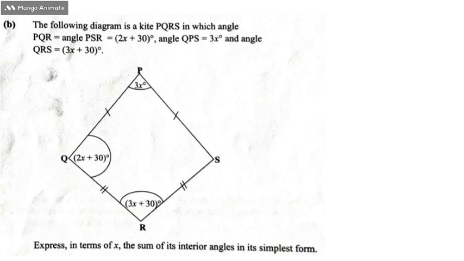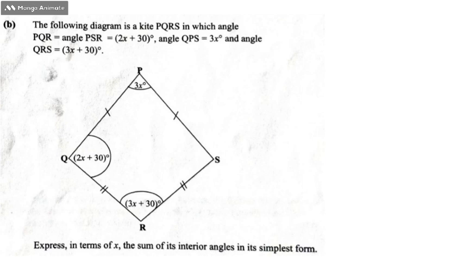Okay, so the question is, the following diagram is a kite PQRS in which angle PQR is equal to angle PSR, which is equal to 2x plus 30 degrees. Angle QPS is equal to 3x degrees, and angle QRS is equal to 3x plus 30 degrees. So what we can do is come to the diagram and take note of those angles and the sides. Once we have done that, the next thing we need to do is answer the